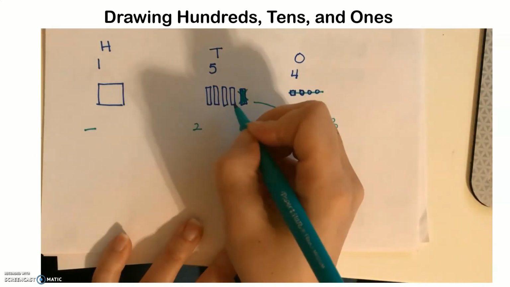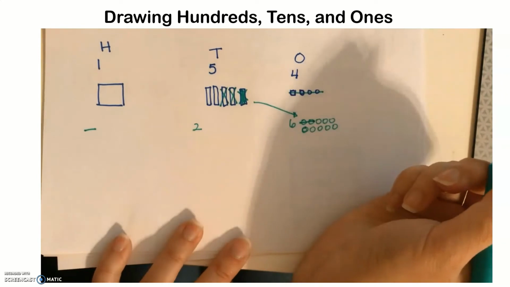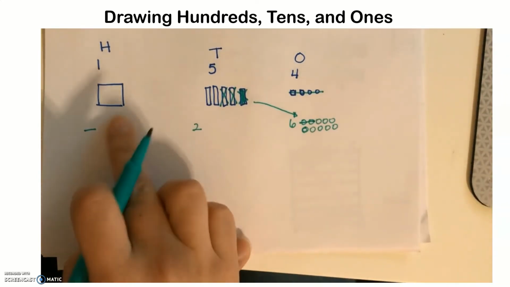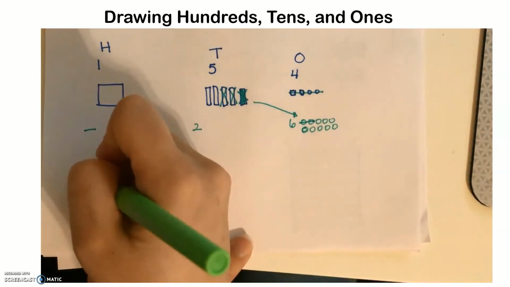Now I can take 2 away here. I actually have enough to take 2 away, so I'm going to prop it up nice and largely to go, yep, that's gone. And we're going to leave that 100 alone because there's nothing there. Our second number that we have to take away is